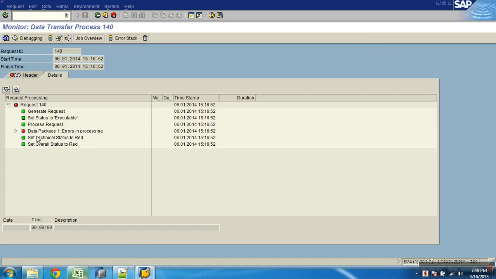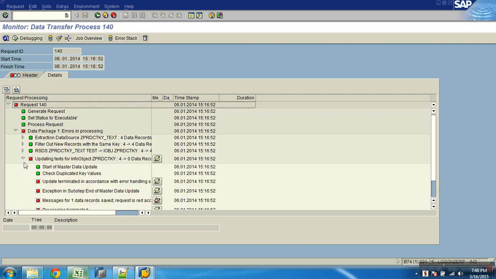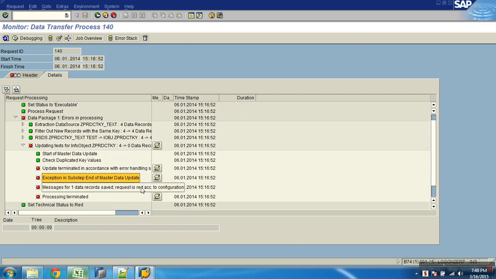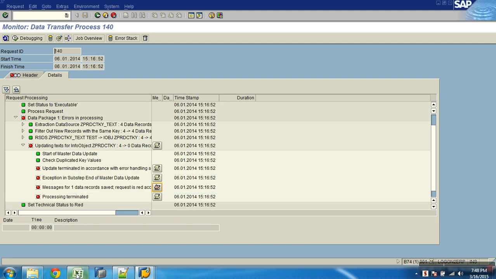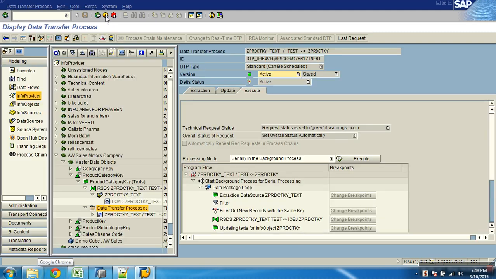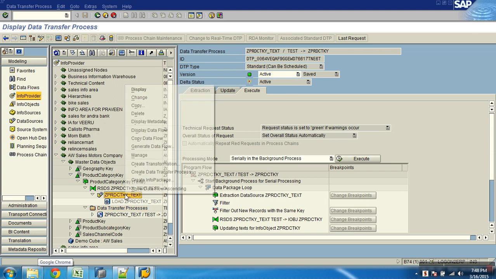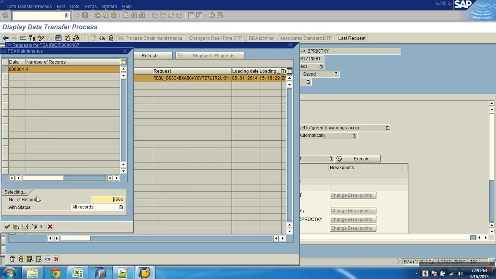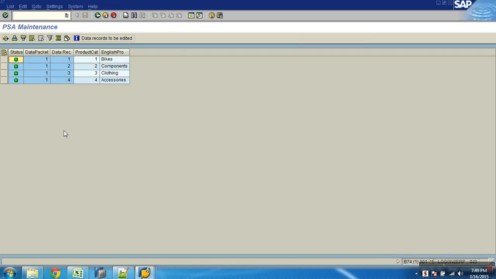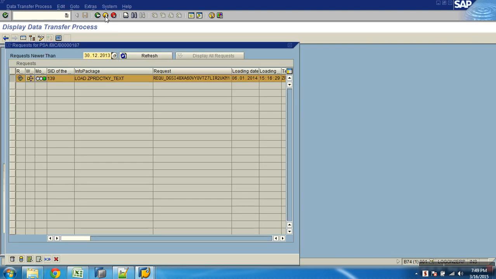Why is there an error? Duplicate data. I think I have to delete it. Category 1, 2, 3, 4. What is it in the duplicate? I don't know.